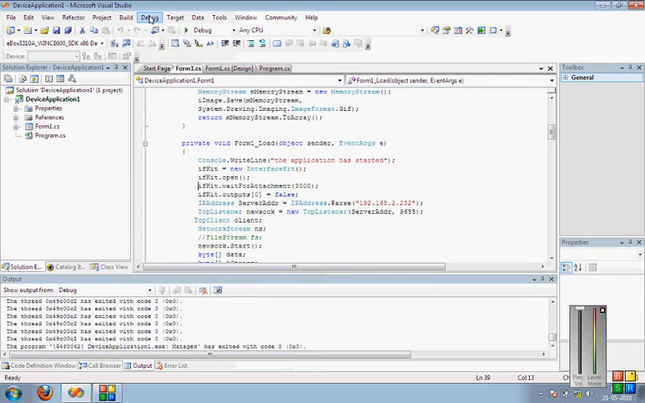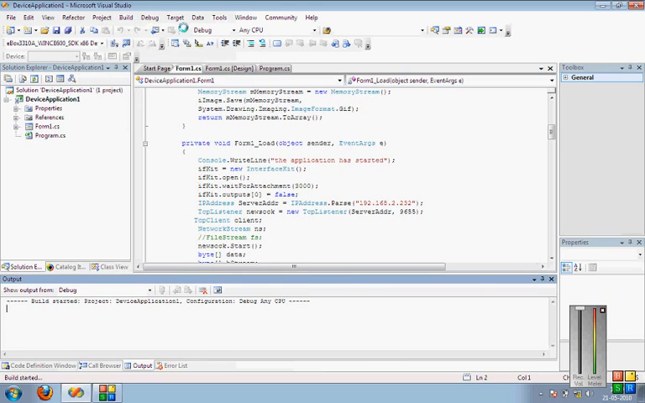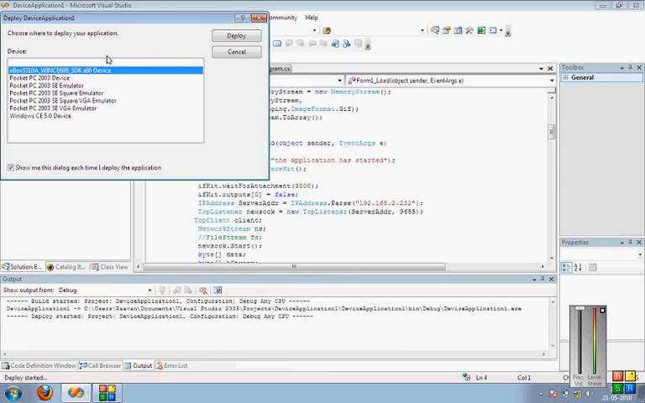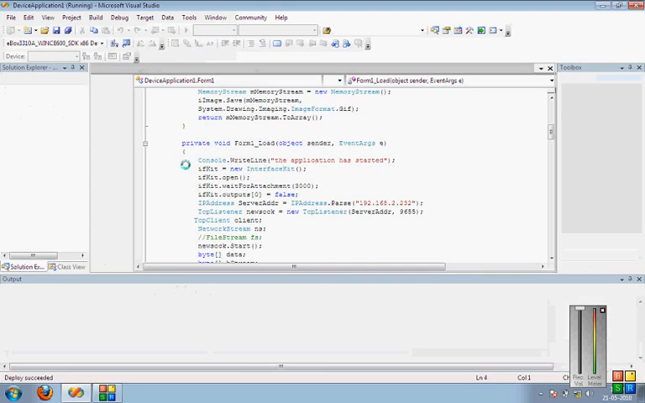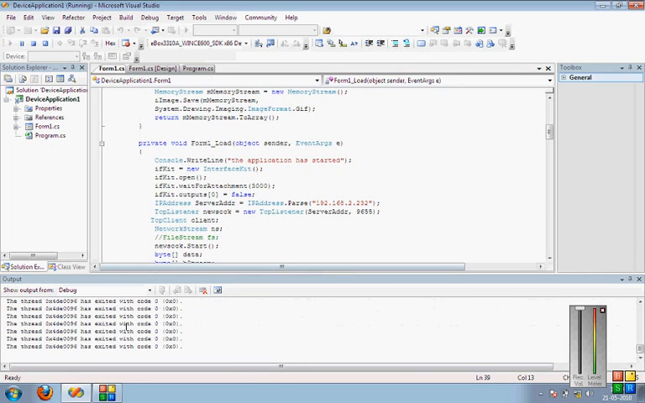As soon as the build succeeds, we hit the debug button. On debugging, it will ask us where to deploy the solution. Now here, as we have previously defined the connection with eBox 3310, we hit deploy solution. On deploying the solution, we see that the coding has been done and the solution is